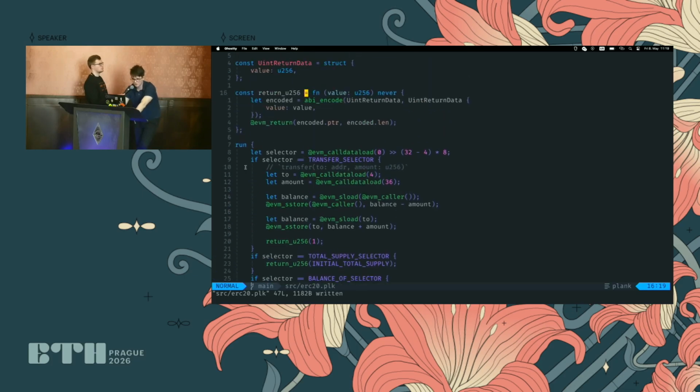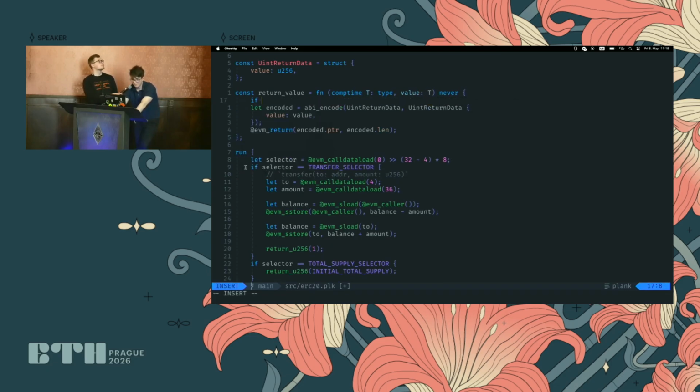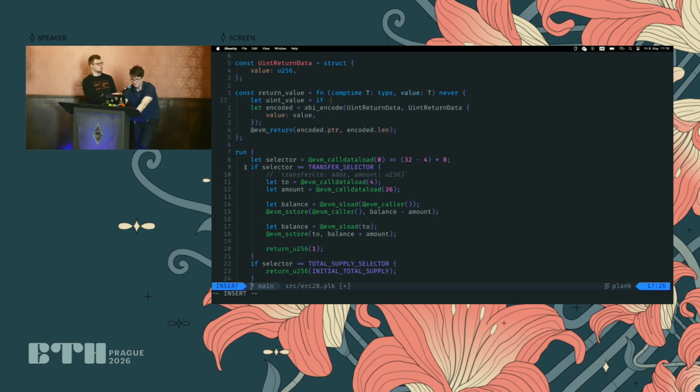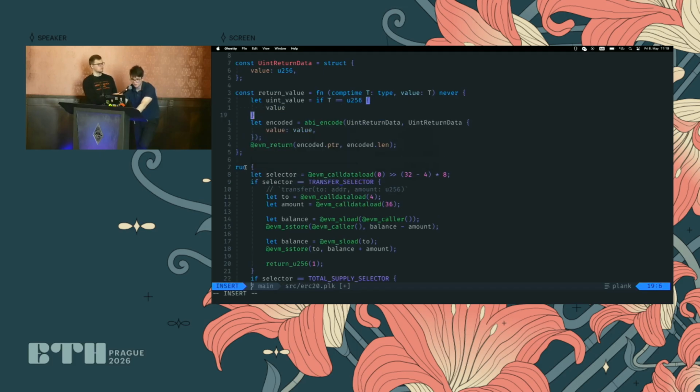So let's actually make our return function generic. Let's say return value, and then we'll say it works with any type, and this type has to be compile time known because you only get type dynamism at compile time because the entire language is statically checked. And then we'll say the values of type T. So we'll say the uint value. The uint value is, if the type is U256, then the uint value is just the value, right? Because we know it's a U256. Otherwise, if it's a Boolean, then